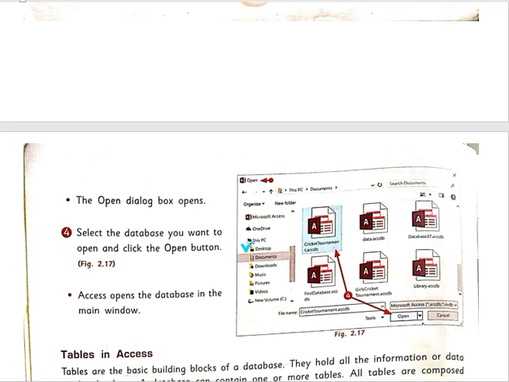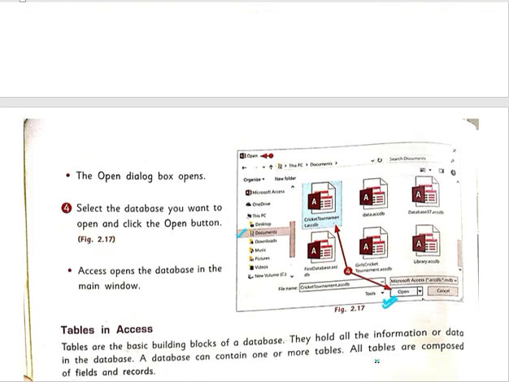So you have to search it. Either it may be in desktop, documents, downloads, music, pictures, videos, anywhere. As a document file, obviously we will save it in Documents. After clicking on Documents, you will see numerous files, or maybe two or three files. You have to select the file that you want to modify or edit, and after selecting it, click on Open. So in this way we can open an existing database. Fine.